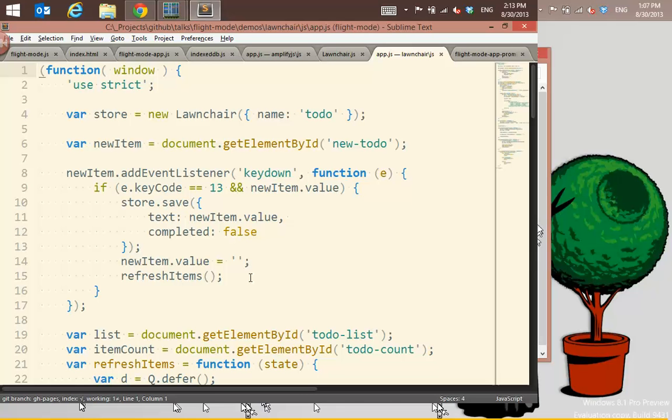storage. We're pretty much out of time. So, like I said, this stuff's going to be all in the